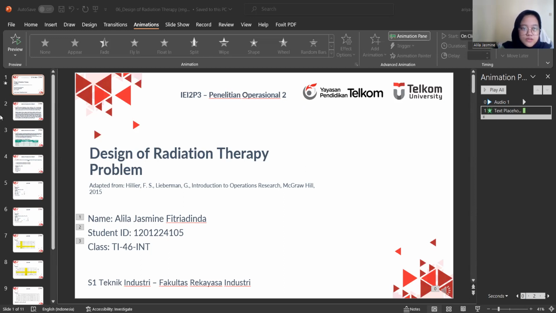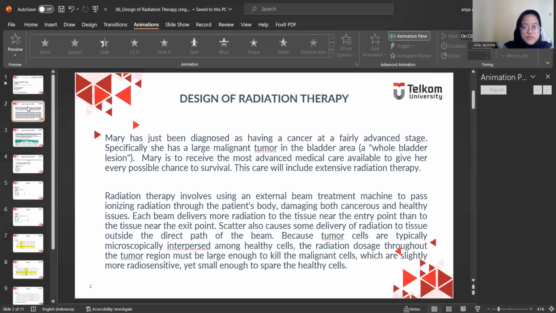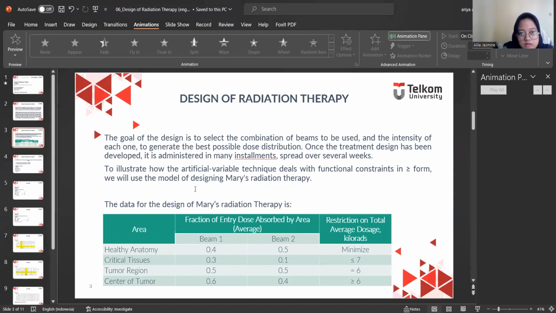Hello, my name is Alila and today I'm going to present about the design of radiation therapy problem. In this case, Mary has been diagnosed with cancer, and we need the equation to determine, within two beams, how we can make the combination of beams to be used and the intensity of each one to generate the best possible dose distribution. So here is the data that we have